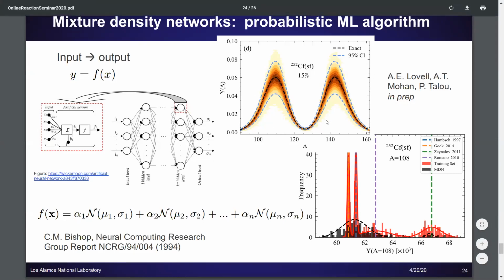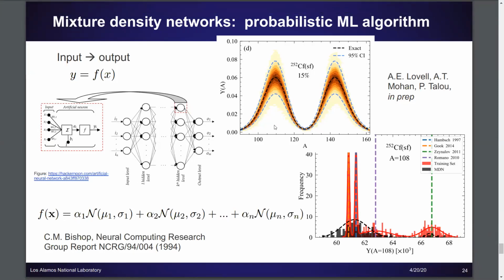And so that's something we've been looking at for fission mass yields. So this is just the probability that a fragment with mass, say 100 or so, or any value, would be created in a fission event. And so we can see that using this MDN algorithm, we can actually get bands, and we're not just predicting a single value here. And so we've been looking at how uncertainties on the input propagate to uncertainties on the prediction.